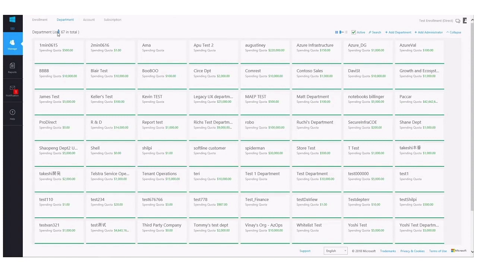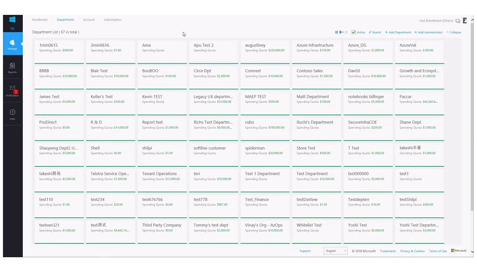For example, a possible use case would be if you have multiple locations throughout the globe. Let's say your headquarters is in Redmond, Washington, but you have offices in New York, London, England, maybe as far as Sydney, Australia. What you can do is set up each location of your company as a department, then assign perhaps the local head of IT within each office as the administrator of that department. That department administrator will go on to create the accounts and subscriptions that are needed for the projects that they'll be working on within each office.